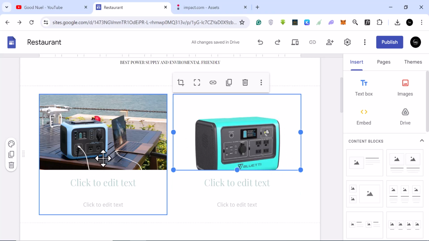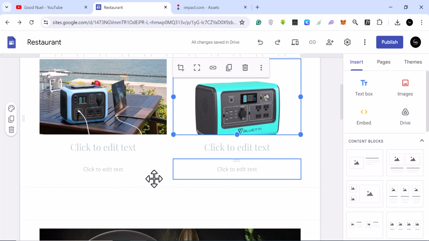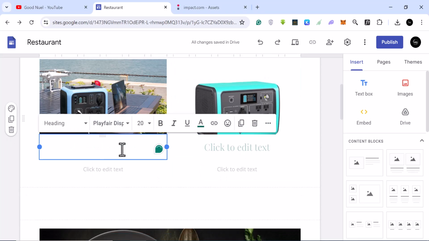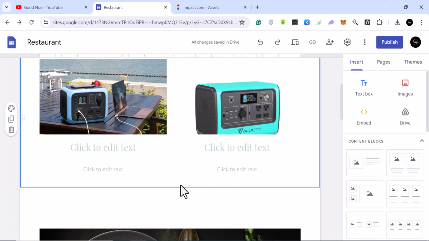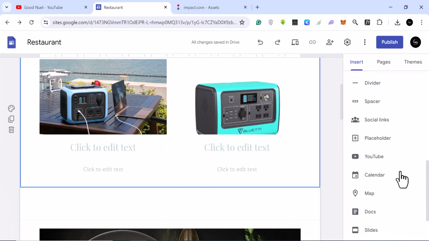I think they are. Doesn't look like they are. So you can write some things about this power station, like the specification and all of that. I don't have that now, but you can come to the bottom here and then you can scroll down and